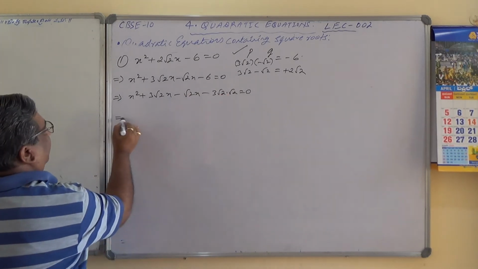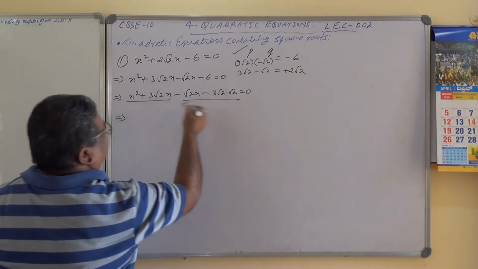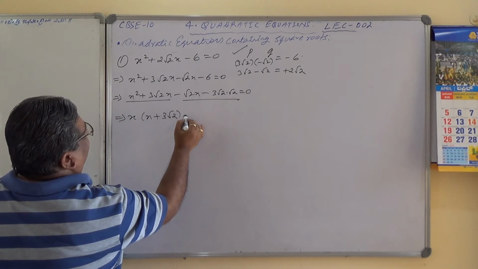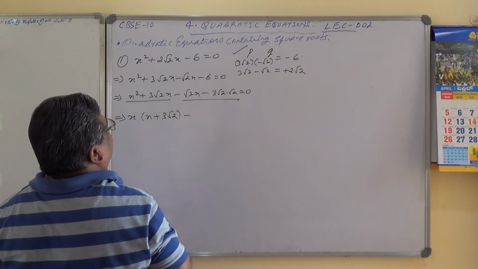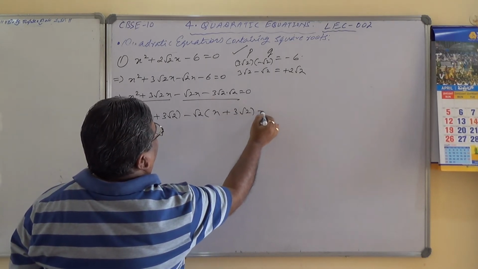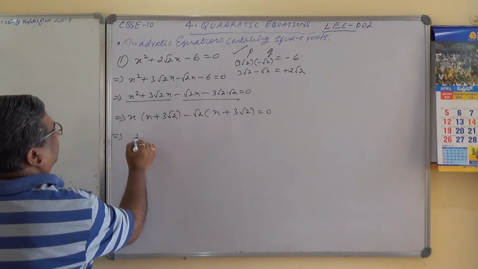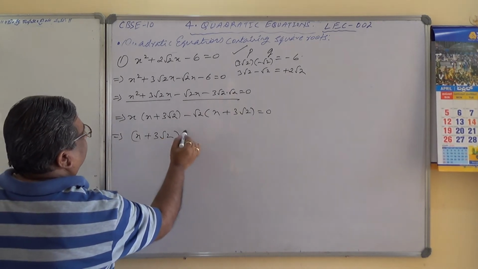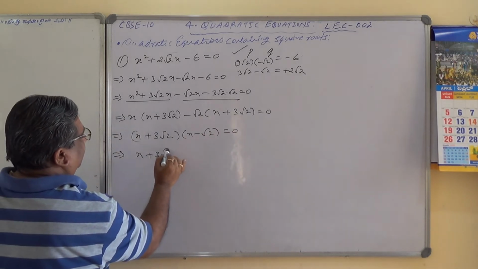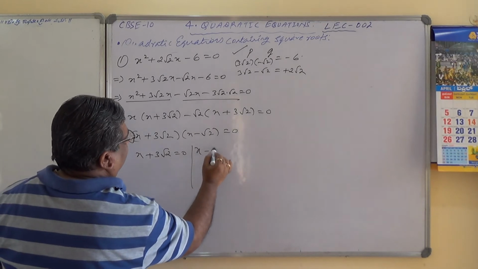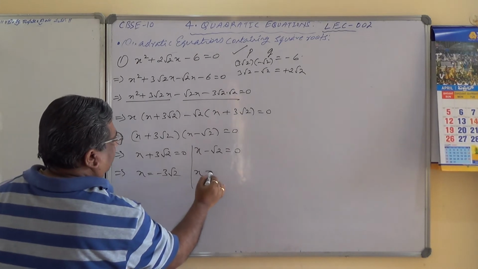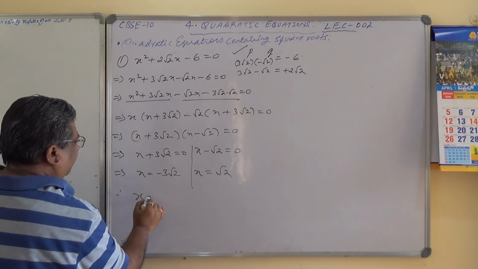Now you try to take the common. In these two terms, what is common here? x. x plus 3 root 2. Minus, I am taking root 2. Minus 2. x plus 3 root 2 equals 0. Implies, therefore the values of x are,